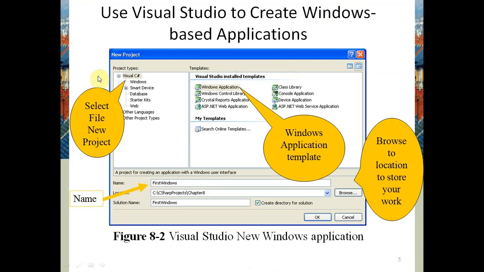You can see this Windows application. And when we start the program, rather than clicking on console application, we have to select Windows application. We are not going for the console application here; we are using the Windows application. So we have to select Visual C Sharp, select File, New Project, and then we will have this window. Here we select Visual C Sharp, and inside Visual C Sharp we select Windows application, and then we write the name of the class. First Windows is the name, and we can browse it also.